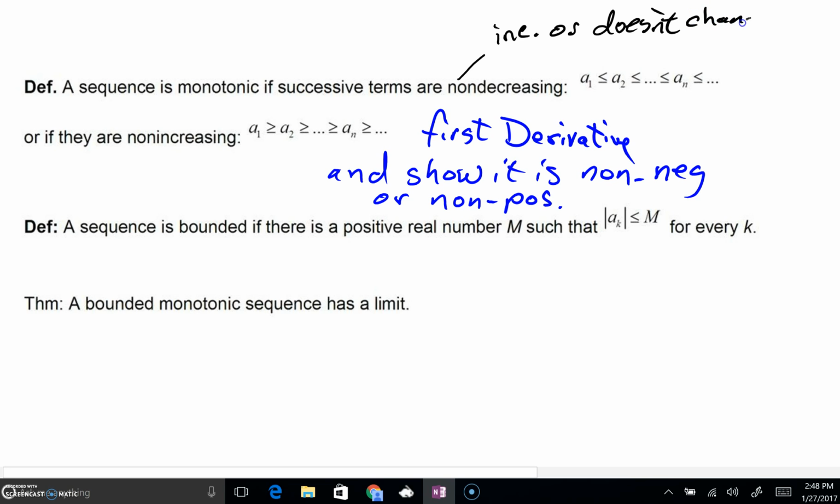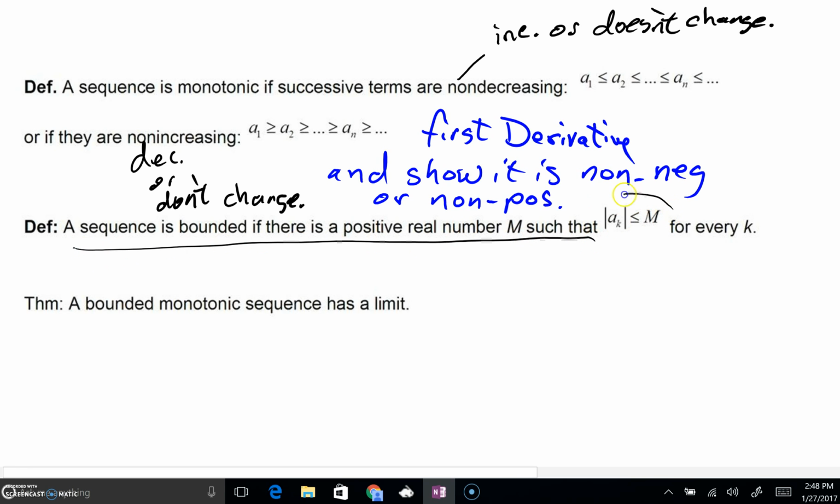It just means that you don't decrease. That means that either you increase or stay the same. Or non-increasing. Non-increasing means that you're decreasing or don't change. Your derivative would be non-negative or non-positive. And a sequence is bounded if you're always